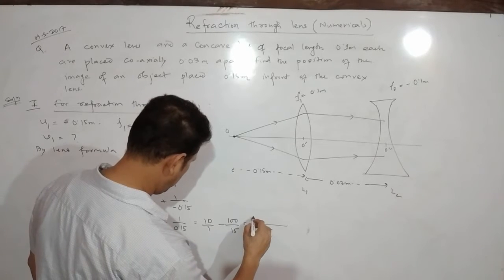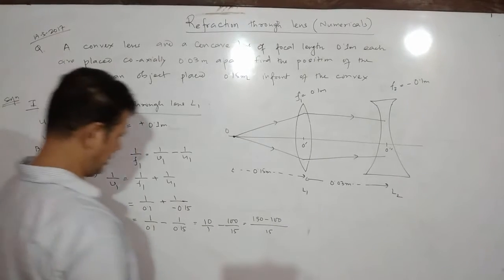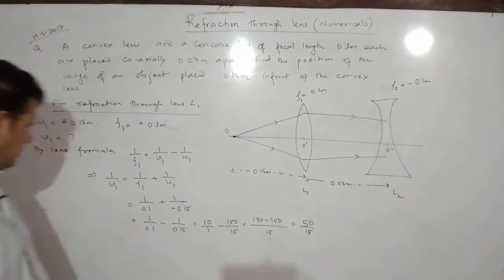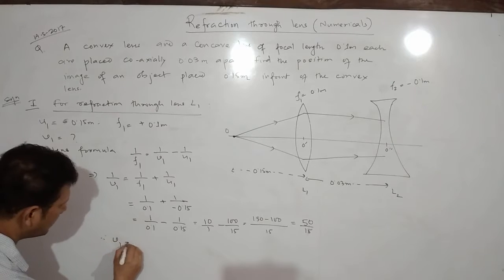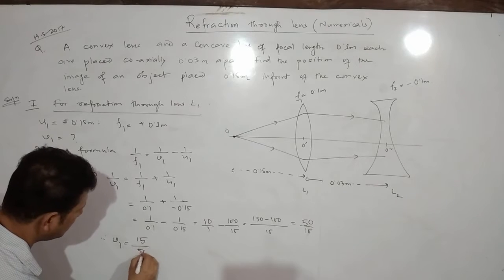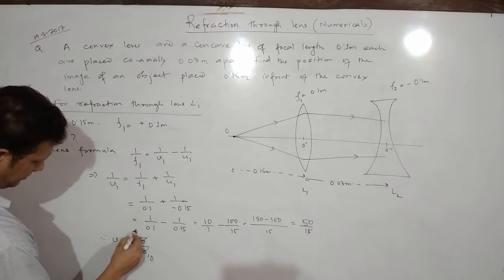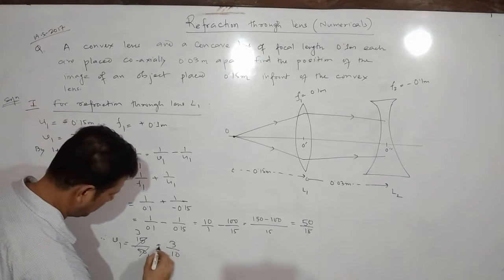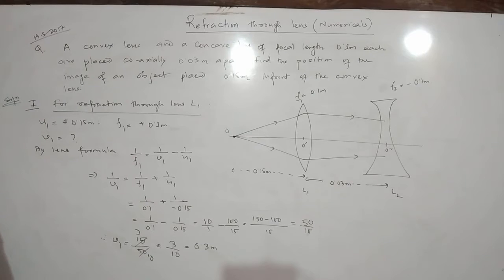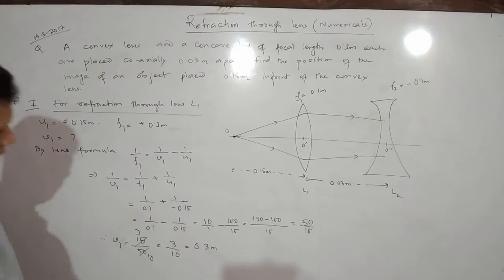minus 100, so it is 50 by 15. Therefore v1 will be equal to 15 by 50, so 3 by 10, 0.3 meter. That means the image is formed at the distance of 0.3 meter. কিন্তু আগত কি আছে? প্লাস।